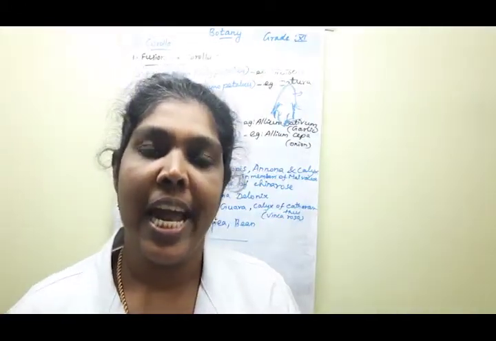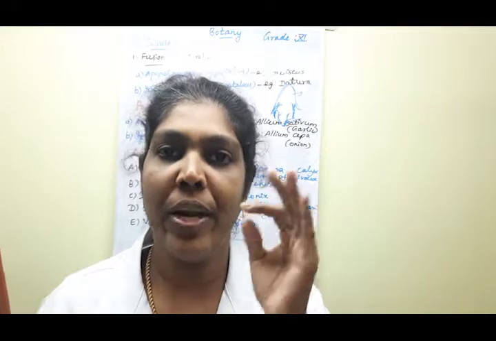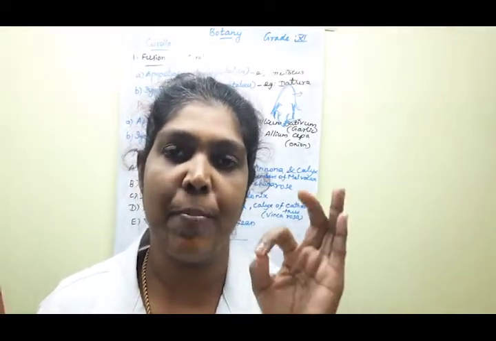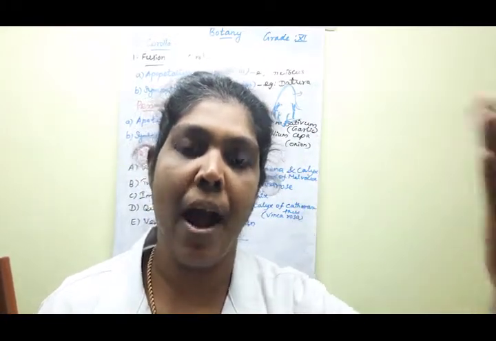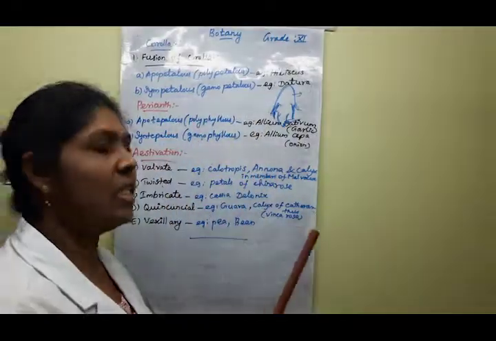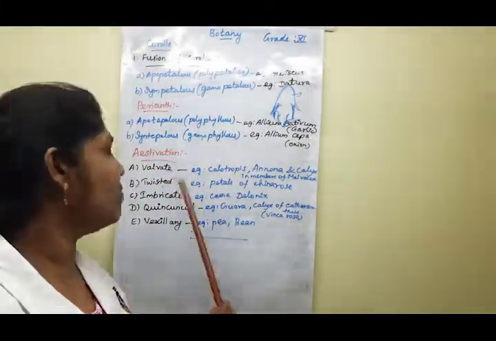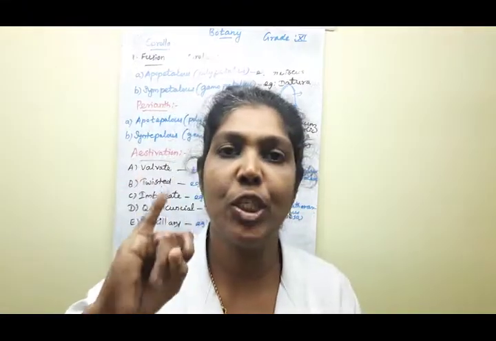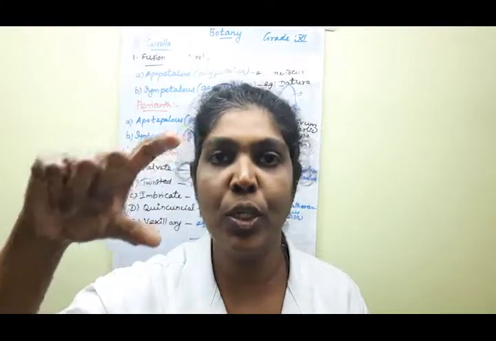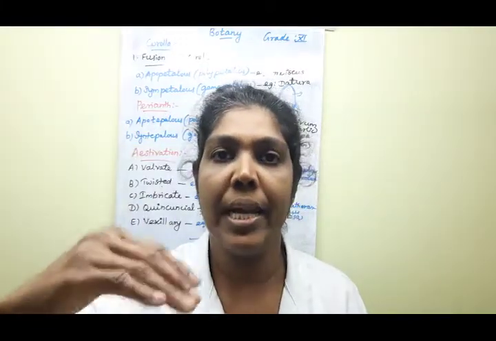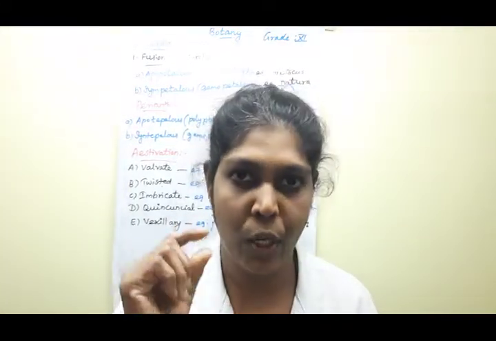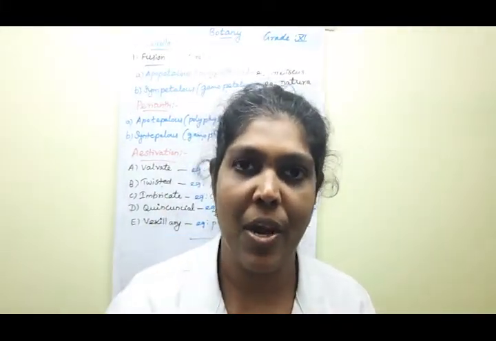So this is the explanation. This is a very important arrangement of estivation. It is present in either sepals or petals. Understood, pa? Once again I will repeat this. What are the types of estivation? They are valvate estivation, twisted estivation, and imbricate estivation. Under imbricate come two more: quincuncial estivation, and the last one, vexillary estivation. This is very important, children. Also, don't forget, please keep it in your mind.